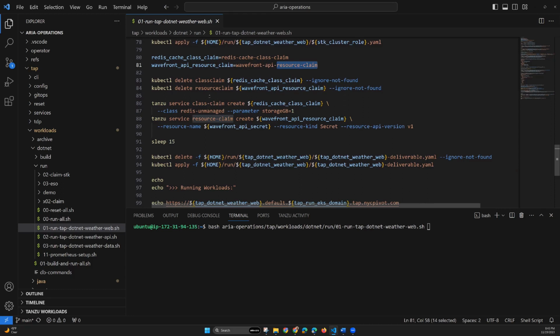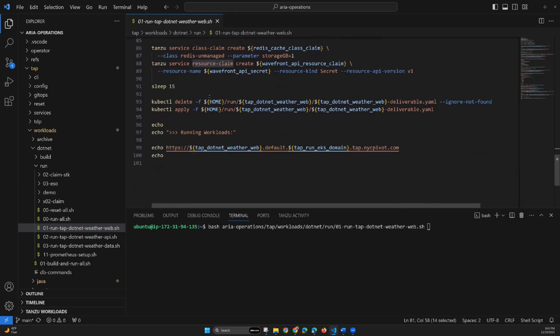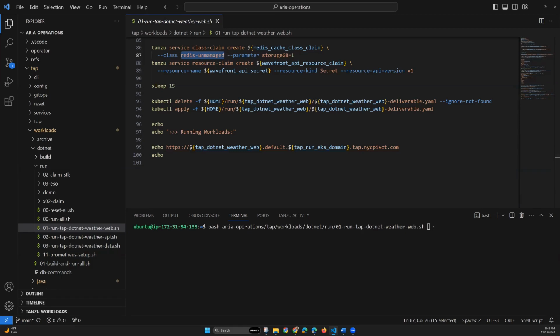So we go ahead and delete them if they already existed. And right here is where this makes the point that I made. For the Redis class claim, all that is necessary for us is to specify the name of the class. And if we go over here, I'm just going to have to